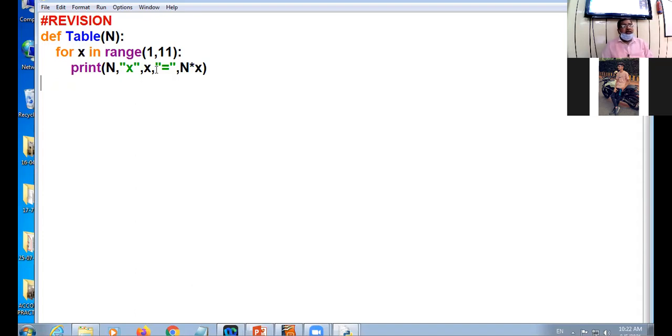Now here you start the main function, the main coding. Execution always starts from the main function.